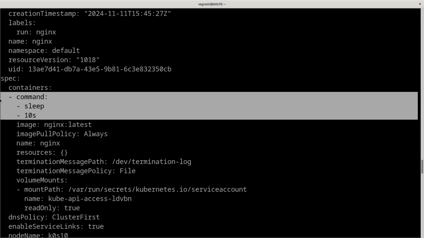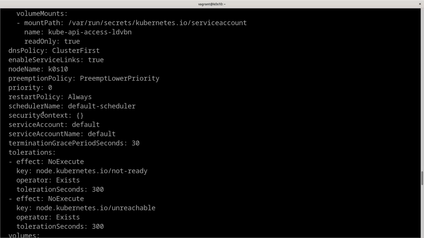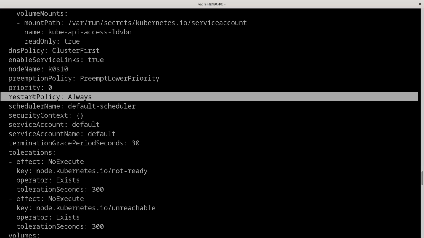We can see a command line based on sleep for 10 seconds, and after that we have the restart policy, set to always.